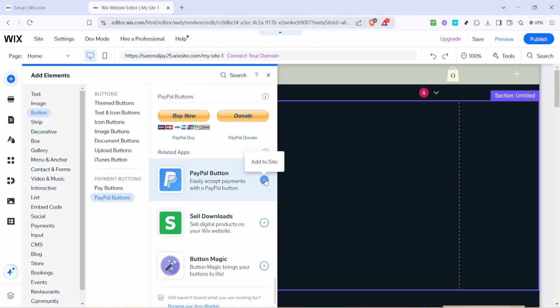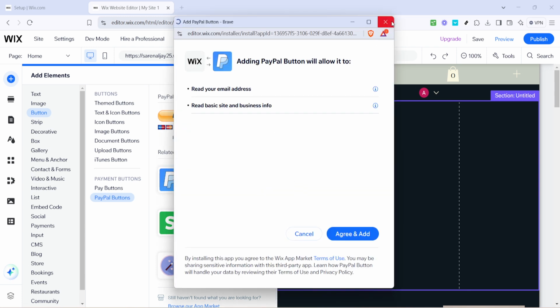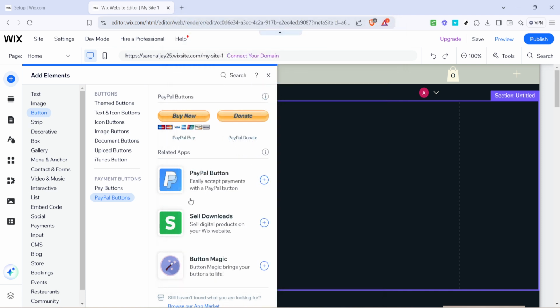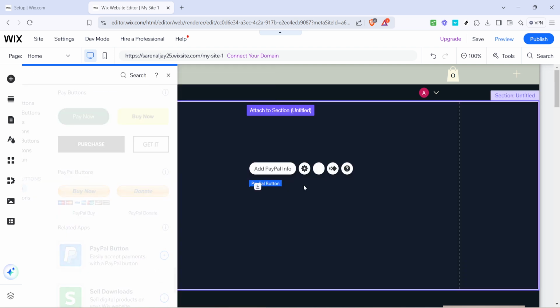Next, you'll have to determine and select the currency for the transaction. This is especially important if you're dealing with an international audience. Choose the currency that aligns with your primary customer base or the one you most frequently transact in. Lastly, there's an option to add an ID number for your product. While not mandatory, this feature can be incredibly useful for tracking purposes, especially if you're managing multiple products.